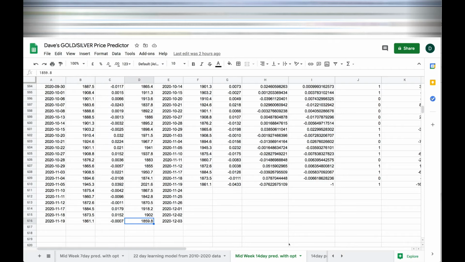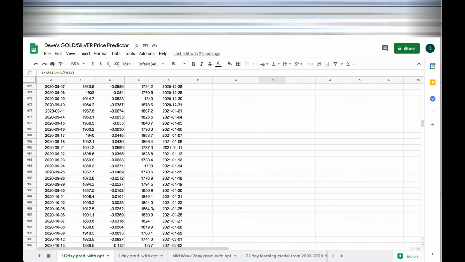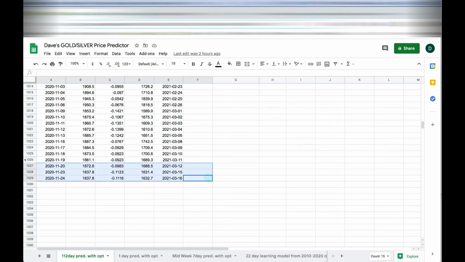And in terms of the long-term prediction, I have the 112-day prediction, and it believes, based on current factors, if we continue down the same path, we are going to see a trend downwards in terms of the price of gold. Now, I usually get the closing price, and it bases the calculation on the closing price. So until I have the closing price, I don't have an exact calculation for today's prediction. I've been running it a few times over the course of the day, and I'm pretty much getting numbers above 1630.